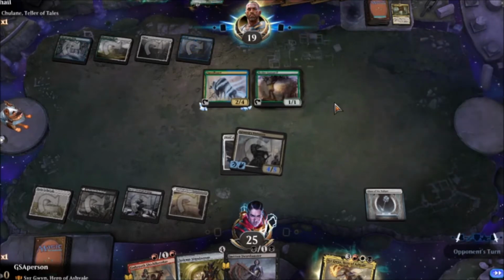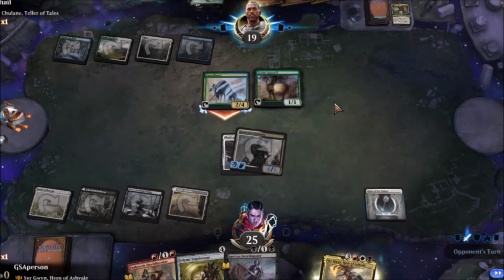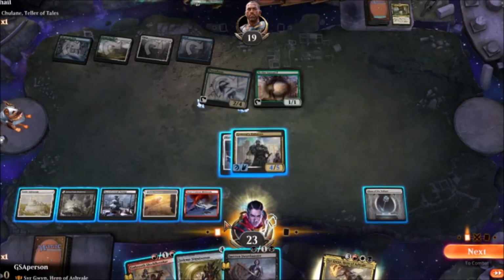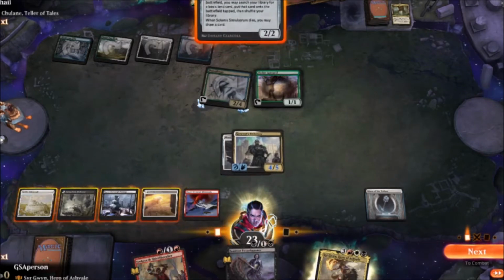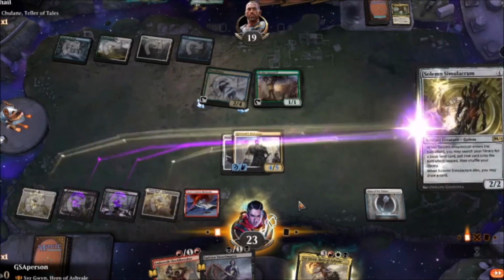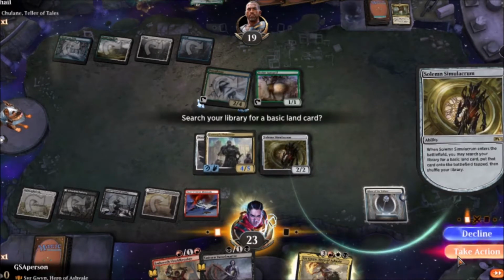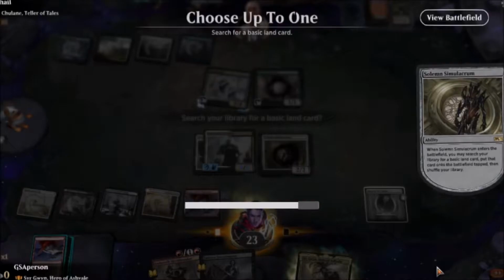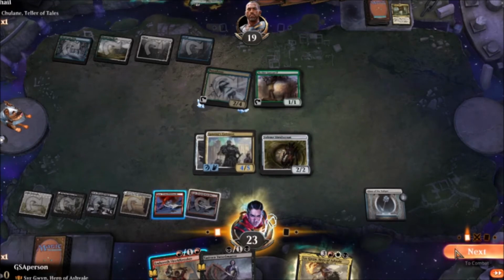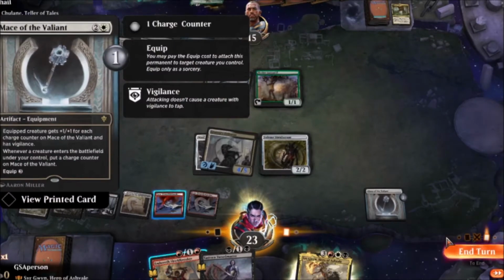Elysian Castlade. Of course, what we really want to save removal for is Chulane, because yeah, okay, well, Sad Robot is going to come down. We're going to go ahead and get another red source. That's a quick 3, so